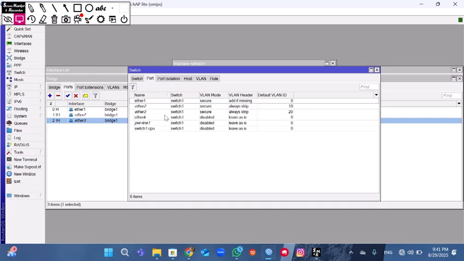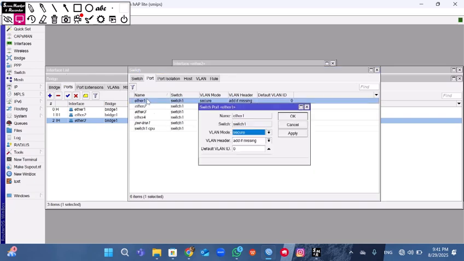How can we add this? We make it like this. You give the name Ether 1, and you make the VLAN mode secure. This is for Ether 1. Secure, and add if missing, and you can apply it.